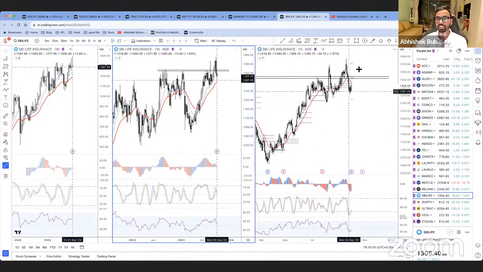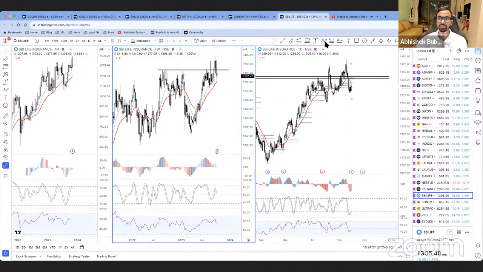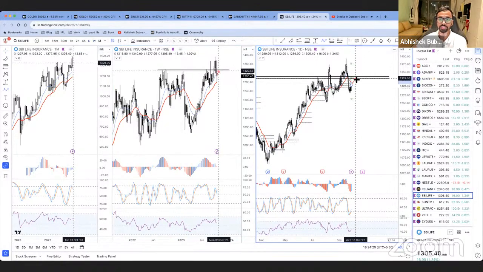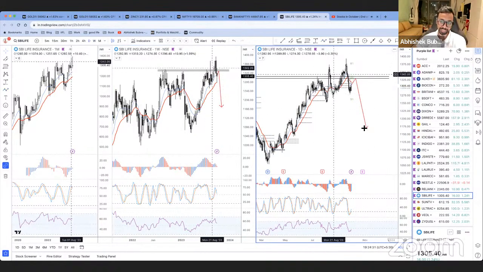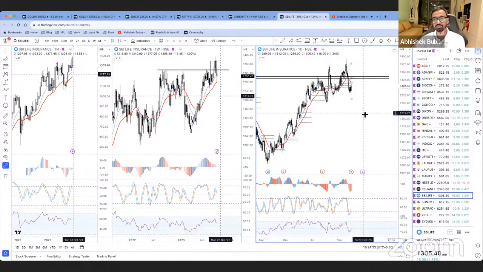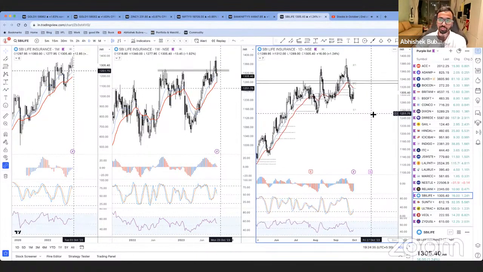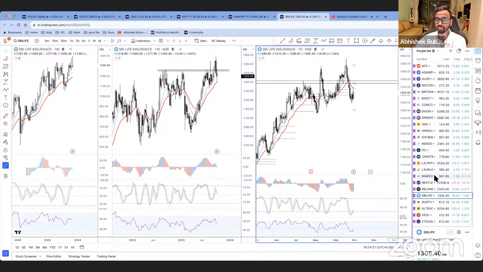So generally what happens, look, CPR is also at the same resistance, so generally what will happen is, this will come test this line again and then fall, and that is the best setup to have. If that happens, we are in. If that doesn't happen, we just wait to see what happens. Okay, so SBI Life, something like that is the plan.